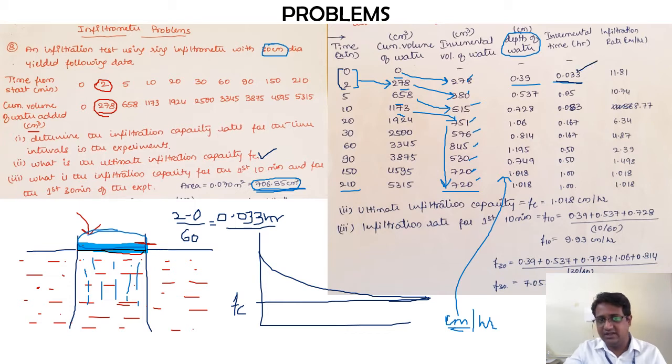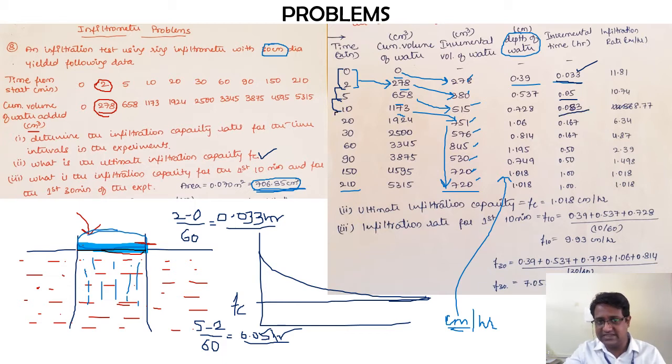Okay, similarly for the second one, so 2 and 5, the difference here is 3 minutes. So you want to convert that 3 minutes into hour. So how my formula is going to vary here, it will be 5 minus 2 divided by 60. That will give me 0.05 hours. Okay, so that is the second term. Similarly for the third term, it is 10 minus 5, so the numerator is going to change. 10 minus 5 divided by 60 is 0.083.